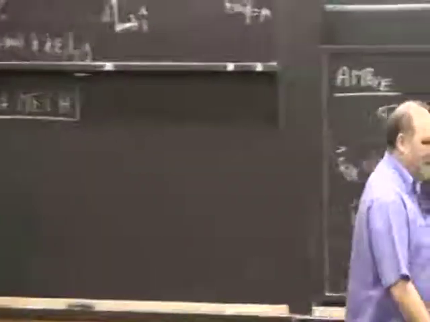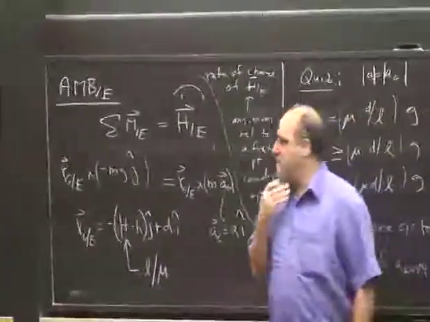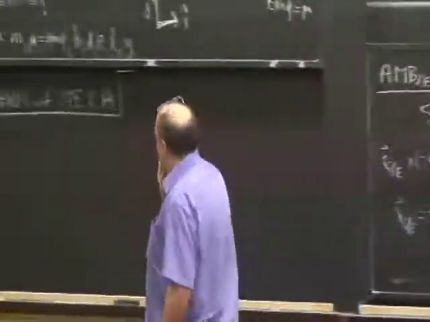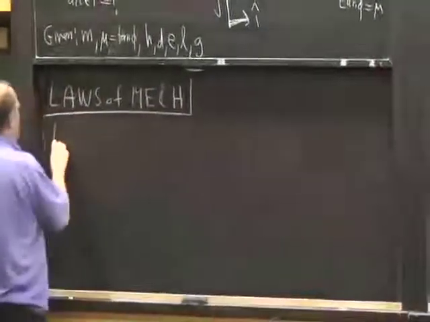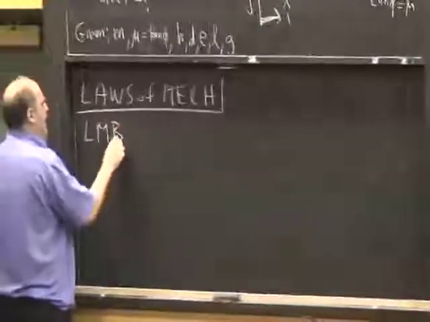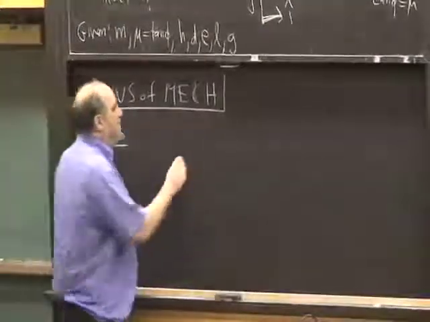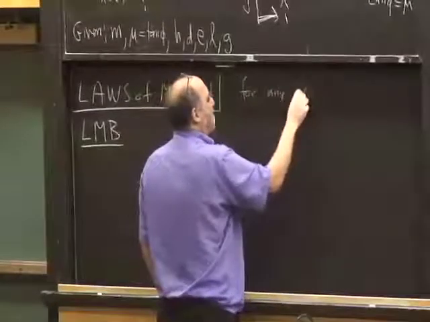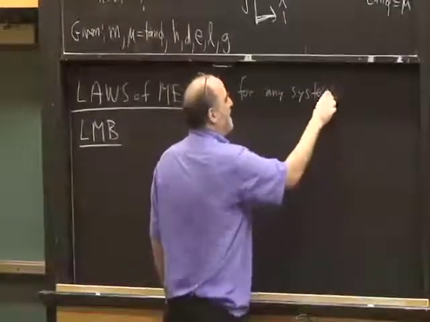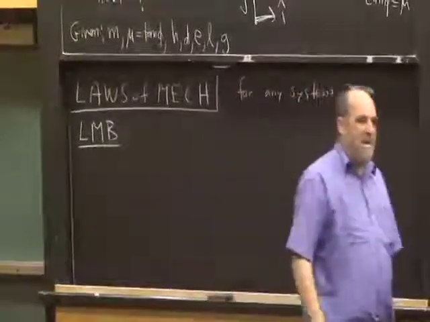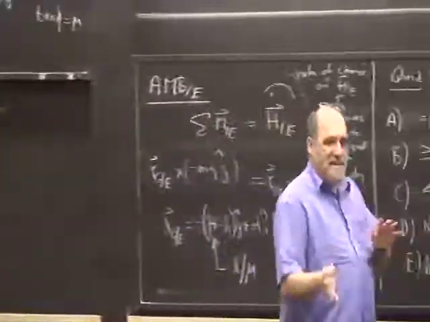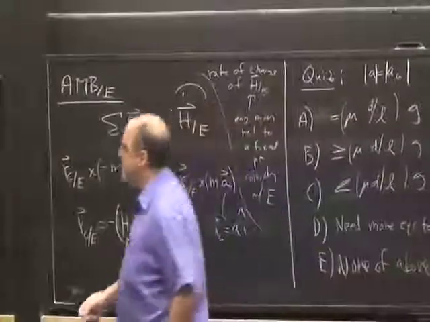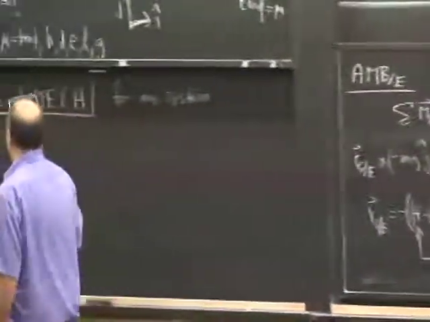It's hard to appreciate so far, but now it's getting to a point where you can appreciate it. The key laws of mechanics are linear momentum balance and angular momentum balance. And what we want to look at is not just for a particle, but for any system. Any system we could think of as a collection of a large number of particles or as a continuum. So you can write the same equations as continuum equations or as